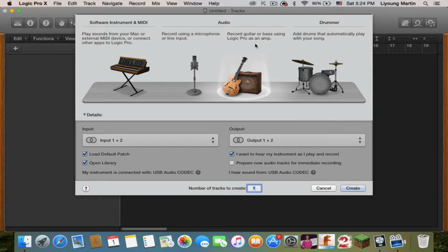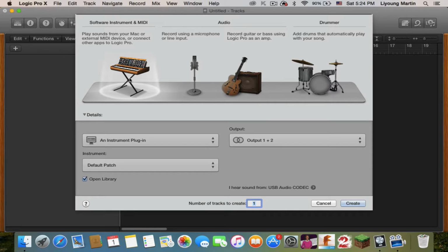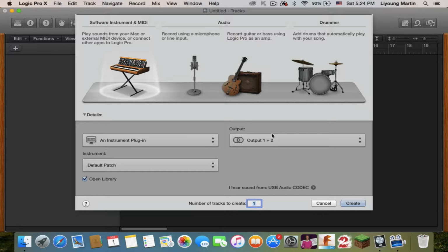Third option is to plug in a guitar or a bass. The fourth option is to create drums that a computer will play for you automatically. But I usually just click on the first one, and I don't mess around with this bottom stuff, so don't worry about that. So once you click one of these, press create,